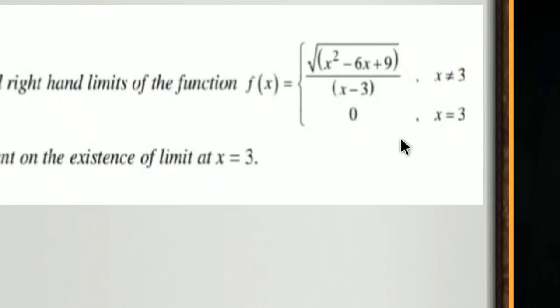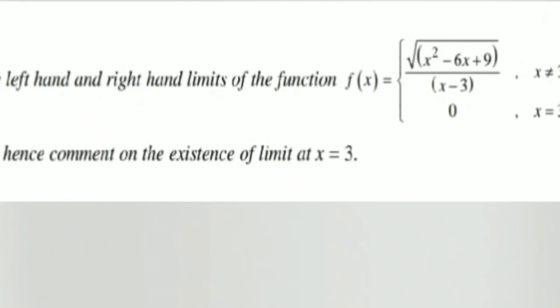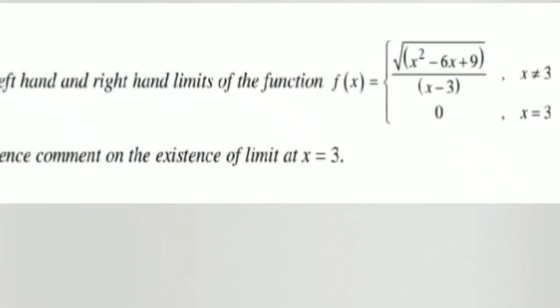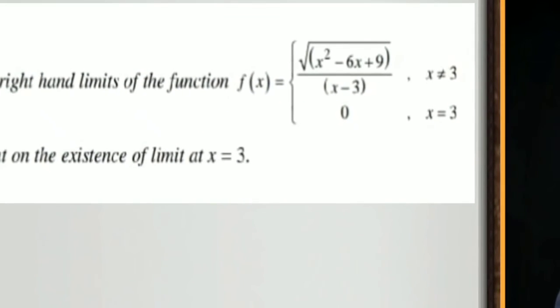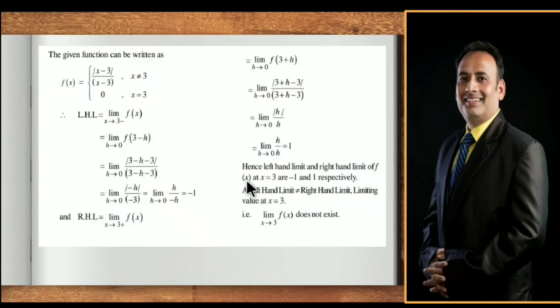So when x equal to 3, the result is 0. Here what is being asked is at x equal to 3, and hence you have to comment on the existence of the limit at x equal to 3. So let's see at x equal to 3 what the limit is. Limiting value when x tends to 3 means 3 minus h or 3 plus h. The function is defined by this function where x is not equal to 3. So here you have to check the limit, and on solving, what we get here,